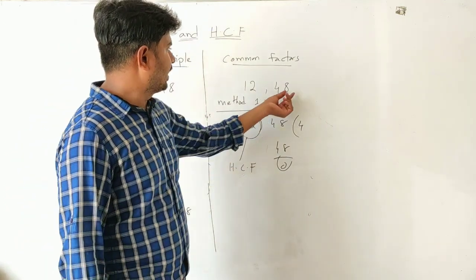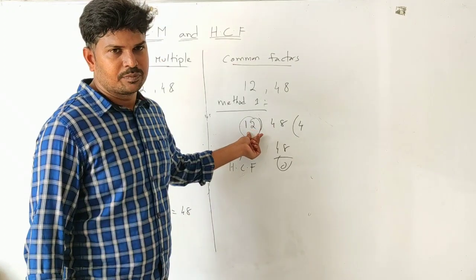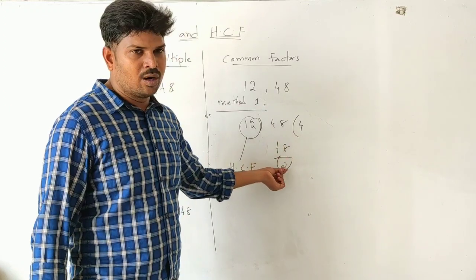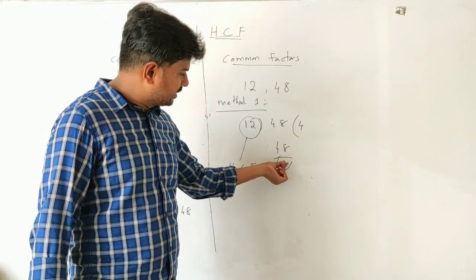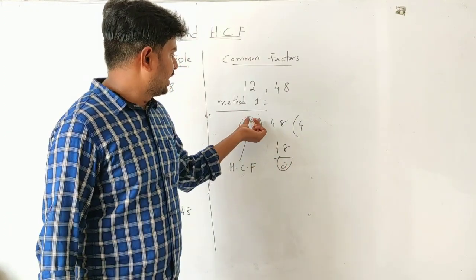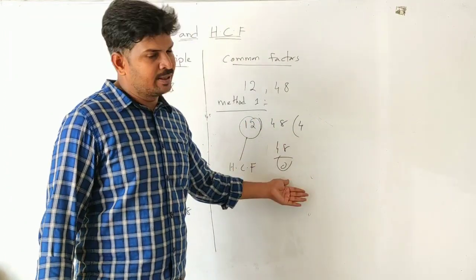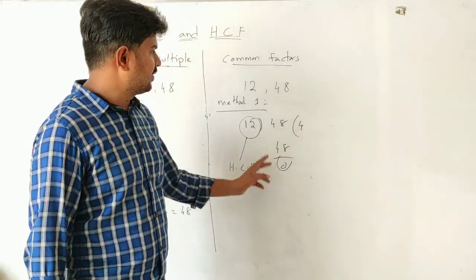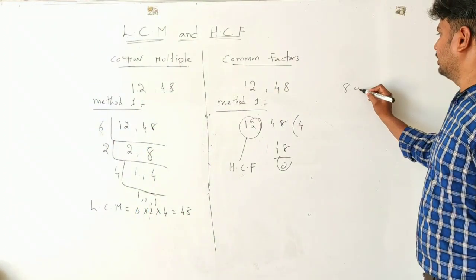How to find here? Take highest number here and divide it by the lowest number. Okay, and here it is 12 4s are 48. You got remainder 0. If you don't get remainder 0, what you have to do is take whatever is the remainder here, take it as divisor and take this earlier divisor here as dividend. Now again do it and repeat this process until you get 0, and the last divisor is nothing but HCF for these two numbers. Okay, say take an example for 8 and 12.